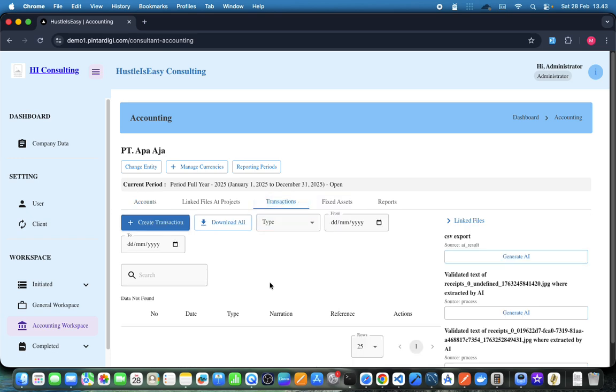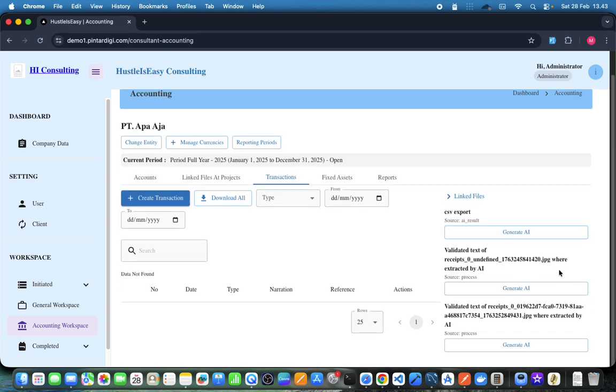Let's try inputting a transaction manually.